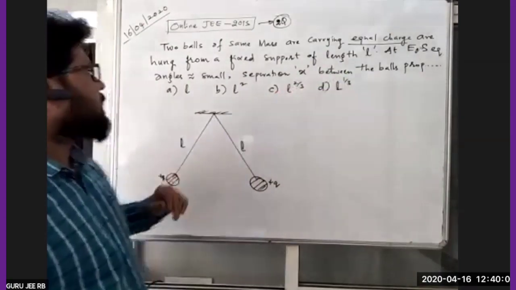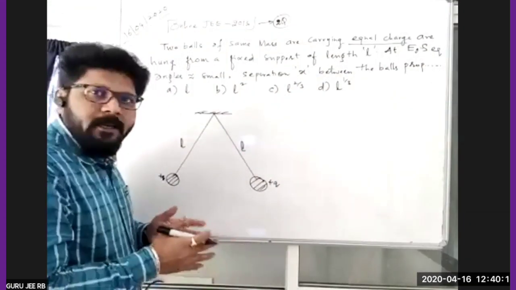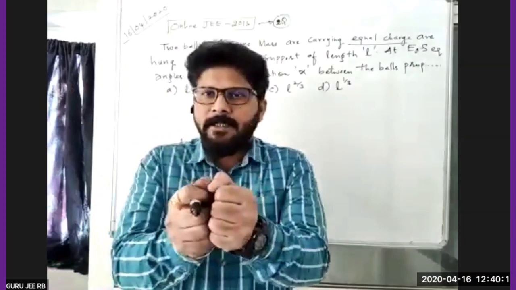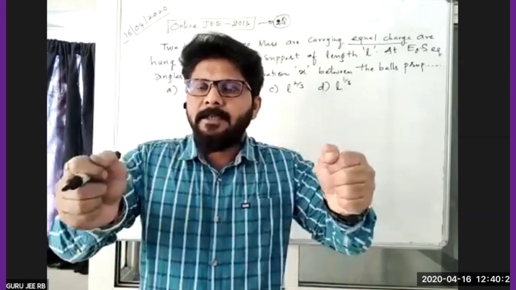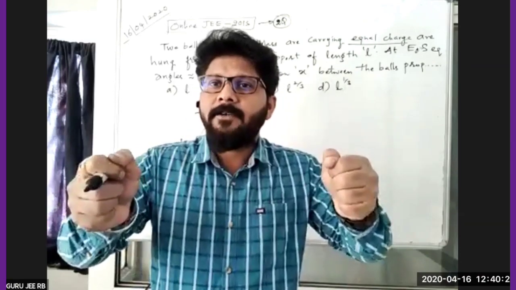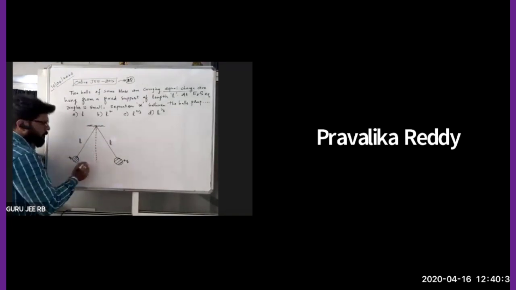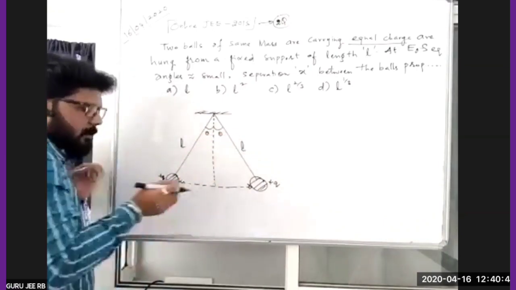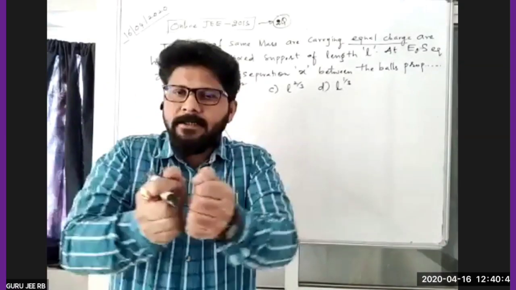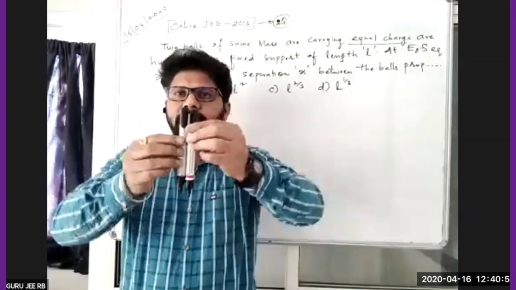At electrostatic equilibrium, angles are small. Electrostatic means they are at this position only. They are not coming nearer or going away. There are two balls like this. So whenever positive charges are given, they repel like this and they are stable here. They are in electrostatic equilibrium right now. Now at this particular point, let me take from the center. They're making same angles. This is theta, this is also theta. They're repelled from the mean position by the same angles, theta and theta, right?